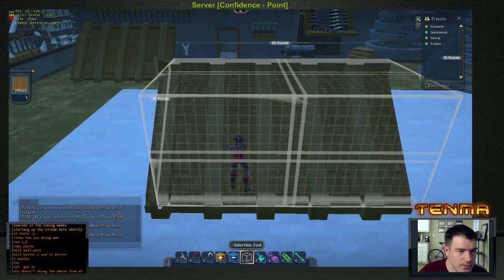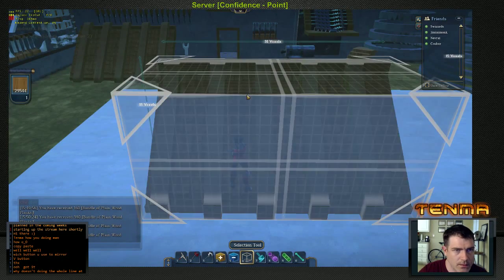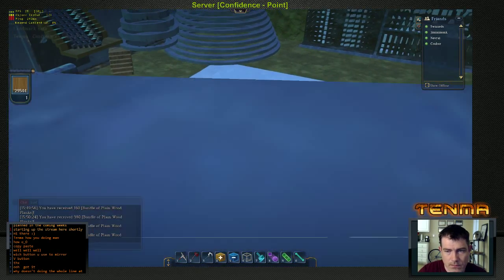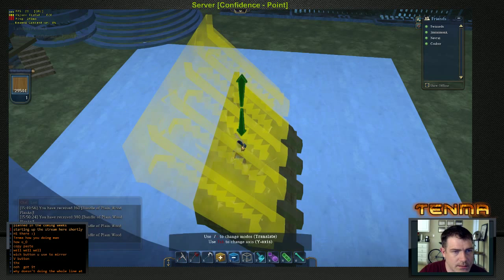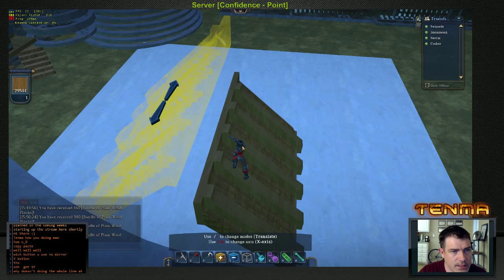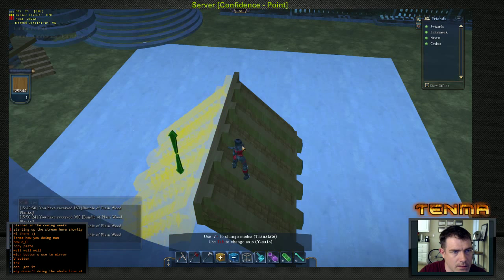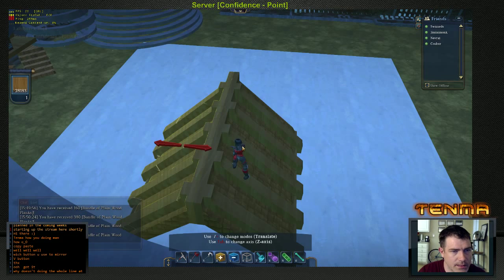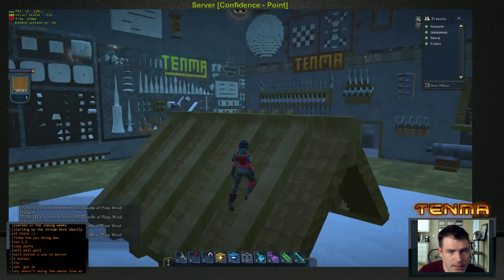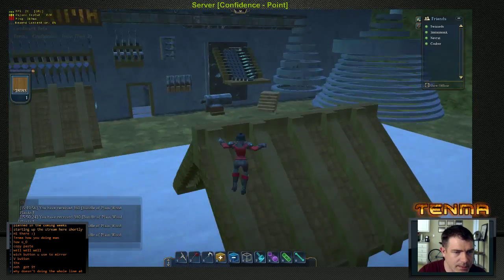I can select the whole entire thing, copy it, paste it. V to mirror it. Bring this out and down. Line it up. And paste. So now I have a pretty intricate roofing system here, and it's all about filling in the end caps and